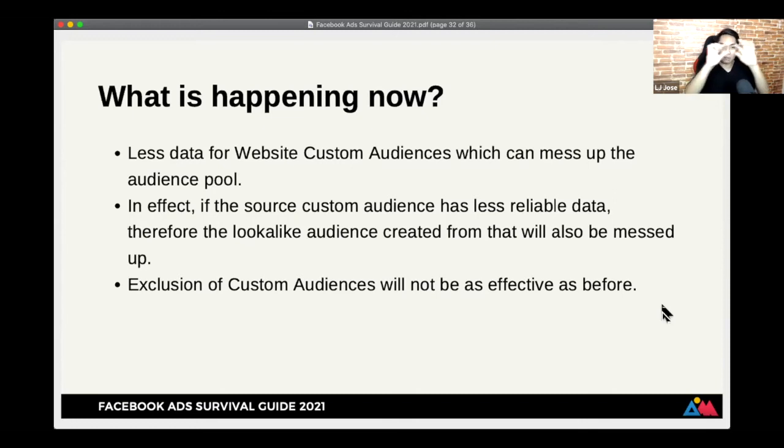May mga yellow na notice signs na nag-appear na doon. More of an FYI lang, due to iOS 14 changes. And you can check and read that if you are going to be starting or setting up those campaigns or ad sets, especially now na effective na yung iOS 14 updates and changes.